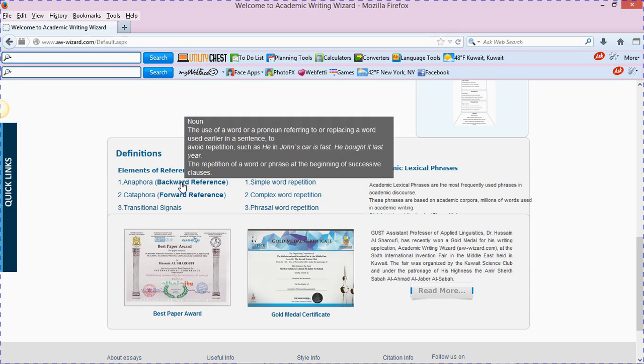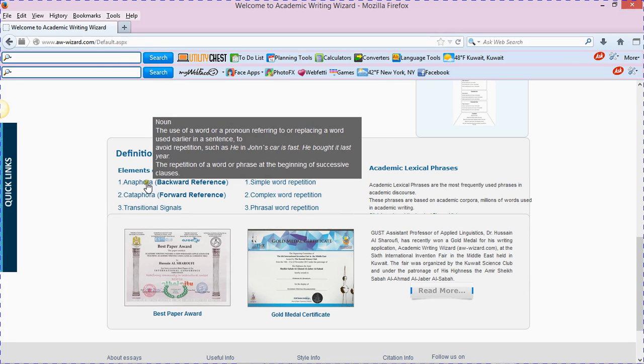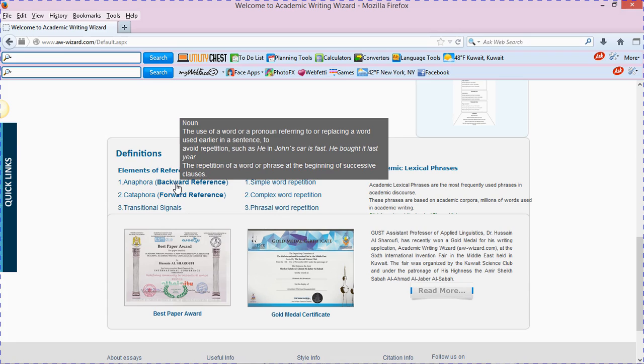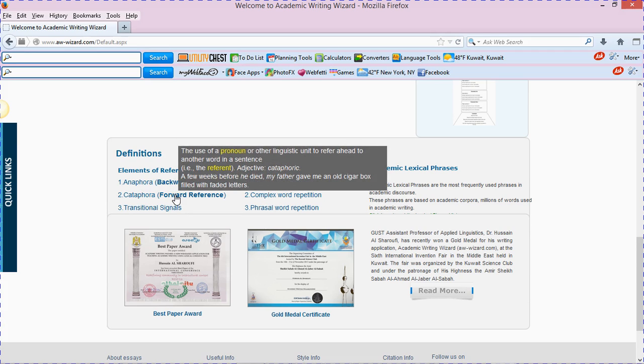The repetition of a word or a phrase at the beginning of successive clauses. So if one notices, the pronoun he refers back to John in John's car is fast. If we go to the other term here, which is cataphora, cataphora means forward reference, the use of a